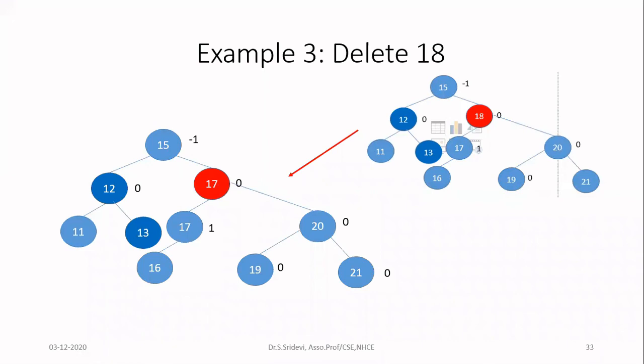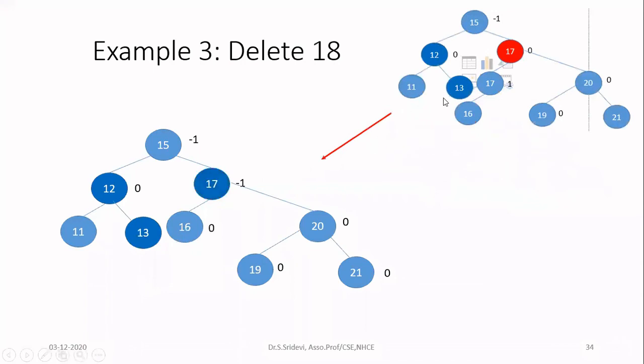So how to handle this? When you delete this 17, whatever is the child of that, 16, will be the child of its parent. This is the node you are going to delete. The parent is this. So make this child a child of its parent. In my diagram, I am going to connect this 16 as a child of this 17. When I do that, automatically this 17 is removed. So now our deletion is over. Calculate the balance factor. Now the tree is perfectly balanced, so no need to continue anything. Just go and delete the next node.